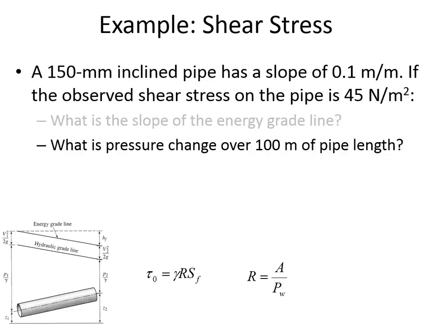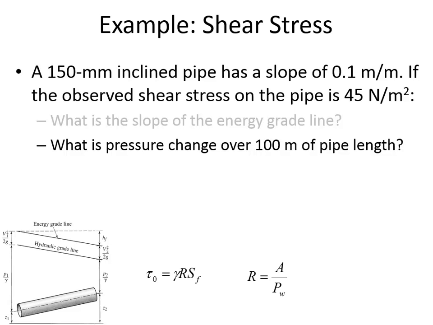So if the slope is 0.1, then we have 100 meters of horizontal length and 10 meters of vertical. And if we want to find that angle, we can find it by arctangent of 10 over 100, and that gives us an angle of 5.71 degrees. In a typical municipal water supply, the slopes would be much less than this, so this is an extreme example. If we find the cosine of that angle,